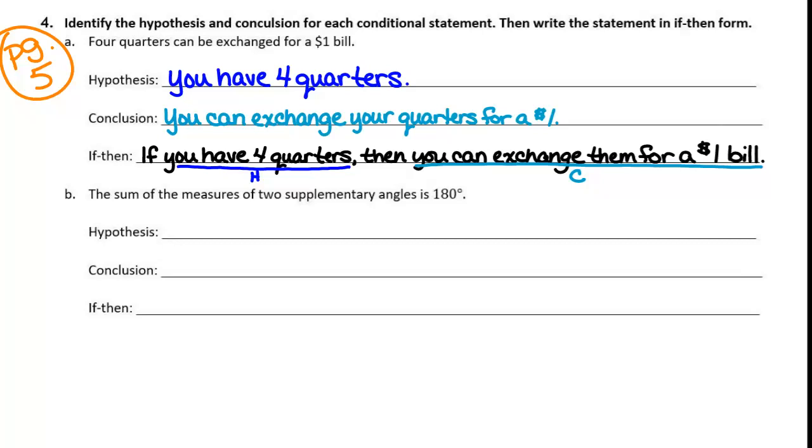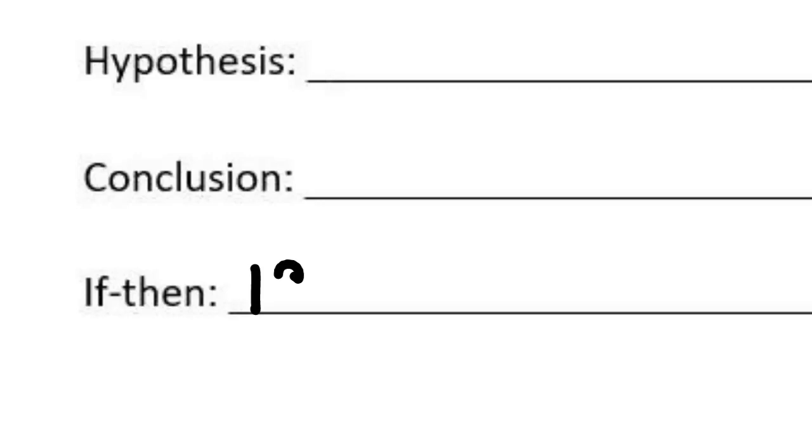The sum of the measures of 2 supplementary angles is 180 degrees. Let's see if we can write an if-then here. If what, then what? What would my if-then look like? Close, not equal to, but their sum is 180. But yes, other than that, I loved your sentence. It was fantastic. If